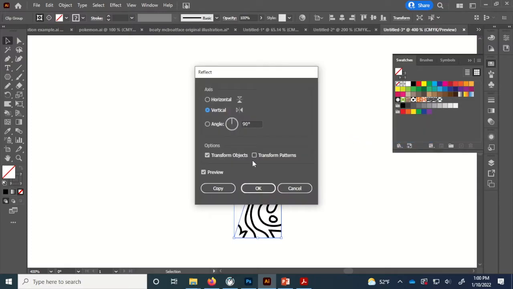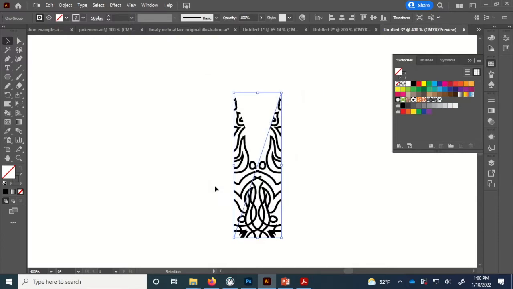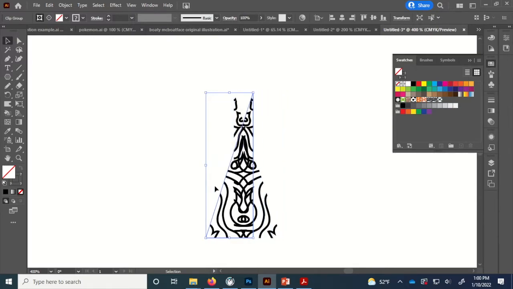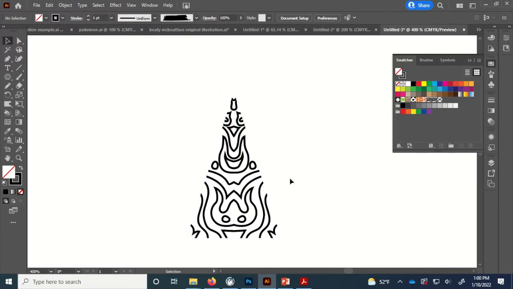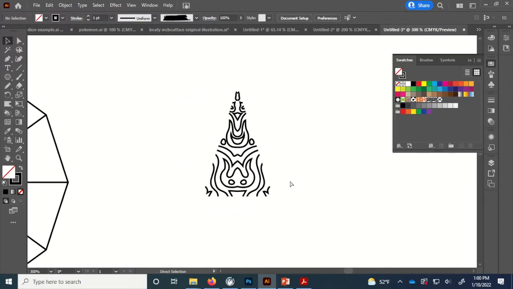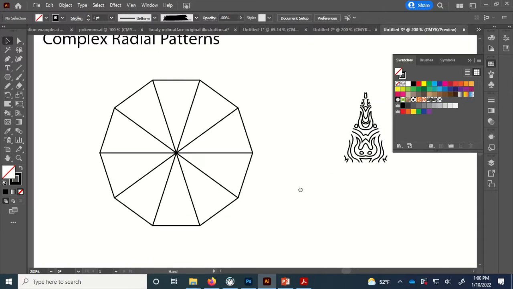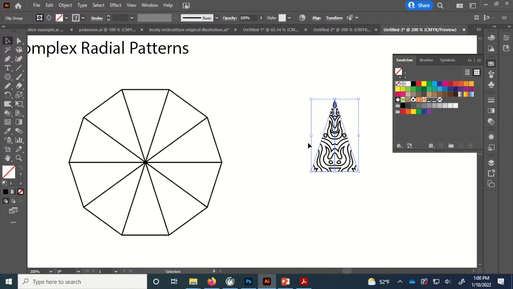Transform Reflect is going to let me make a mirror copy, so make sure you hit Copy and not OK, just like the last time we did something like that. And now that I've got a mirror image, I can put them together like so. So now that I've got this, I can take this pattern and flip it around to make my entire radial